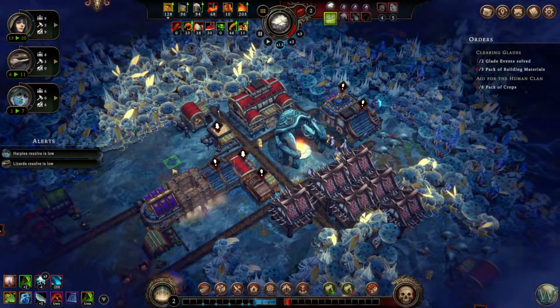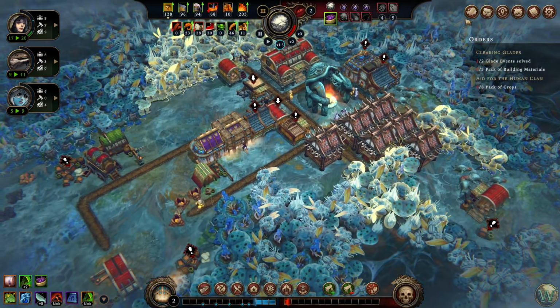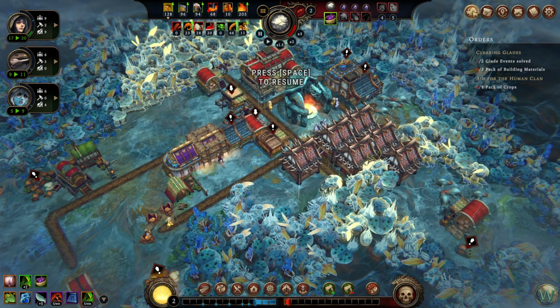Lizard resolve is low now because I put them to work, but the end has come. Alright, let's see here. 1 glade event solved. Packs of building materials. Yeah, we can do that at some point here. I'd like to get another recipe. Packs of crops we could do